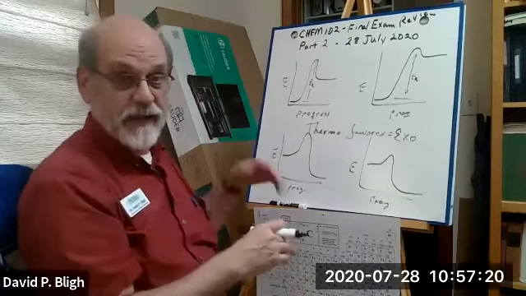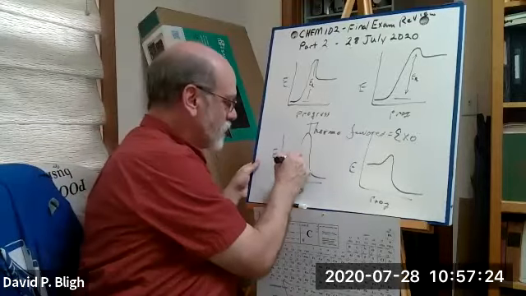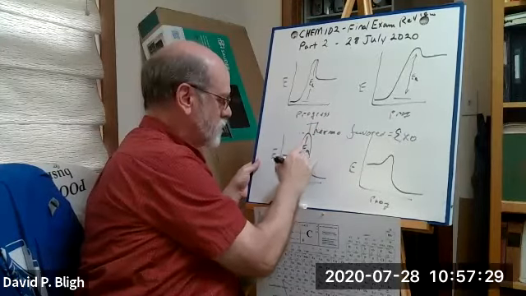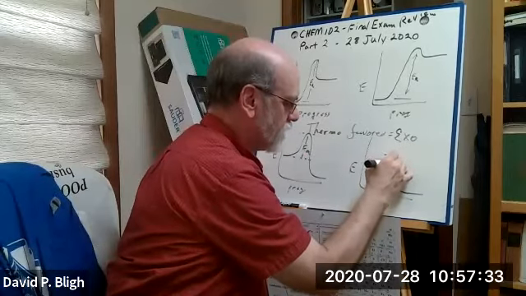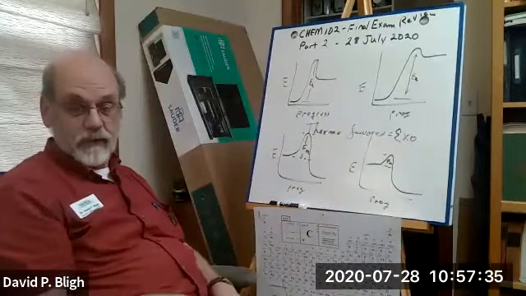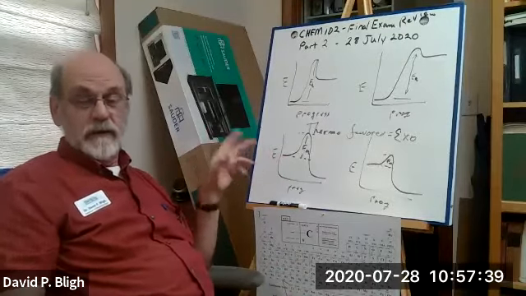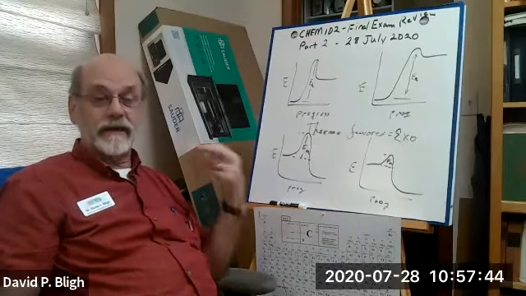Do they have the same activation energy? Well, no. The activation energy here is right there. And the activation energy here is right there, smaller. Okay? So if we were looking for the profile that was both thermodynamically favored and kinetically favored,